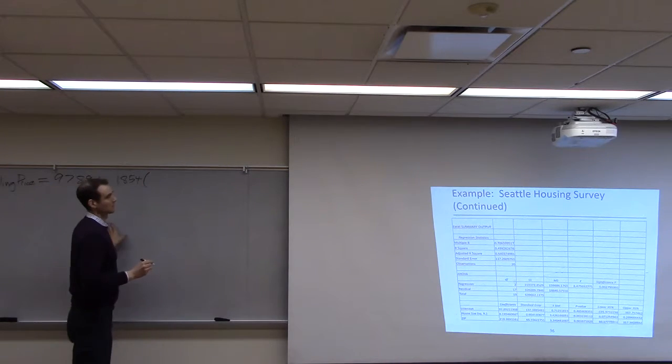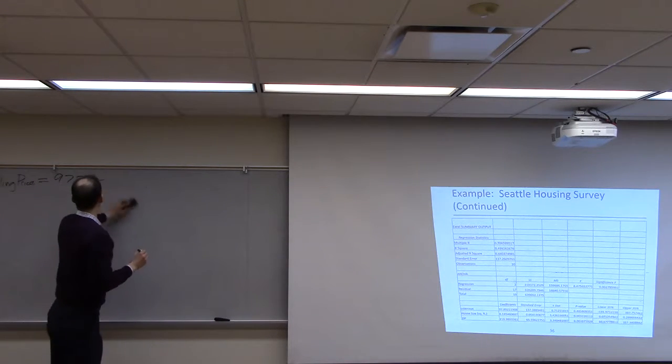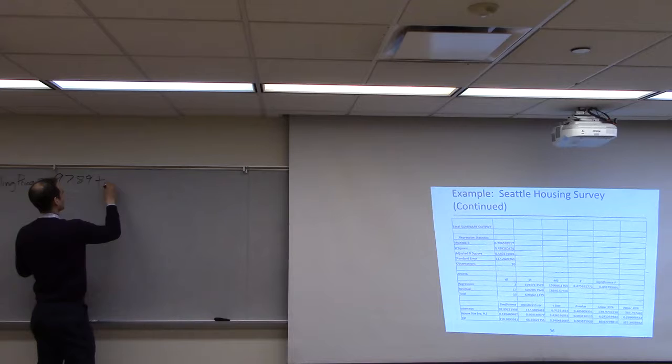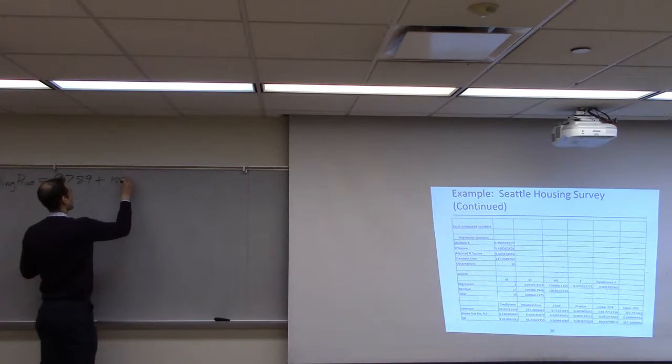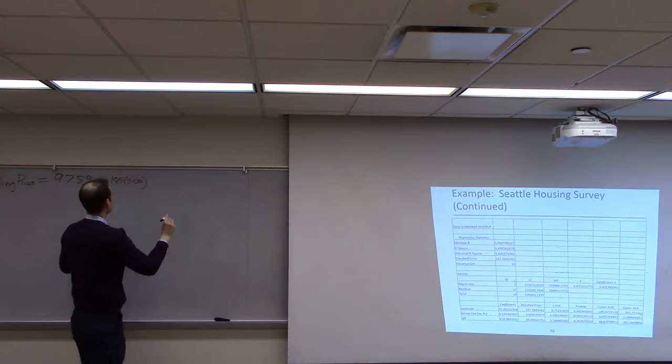218.98 times house size. Plus, what was it again? It was 0.185 times size. Yep. All right. And next, plus,